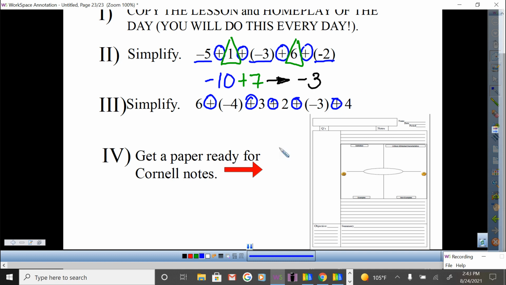Do we have any opposite numbers? Yeah, -4 and +4. They cancel. What else? 3 and -3. And what do we have left? These 2 right here, which are positive, so that means we end up with 8. You're like, what? I know, right?